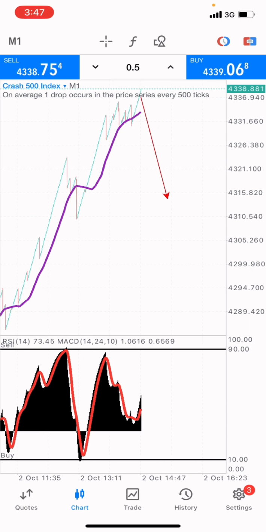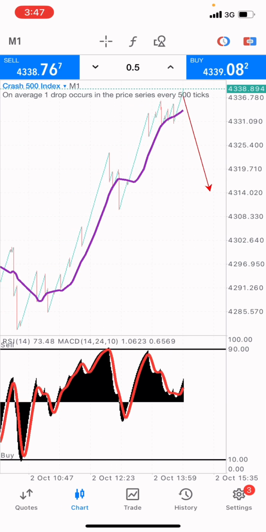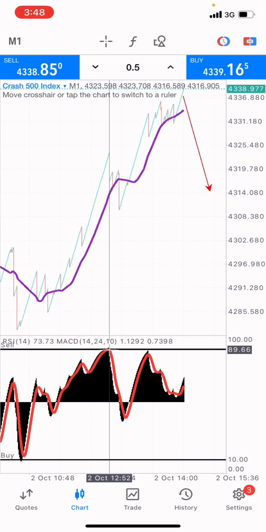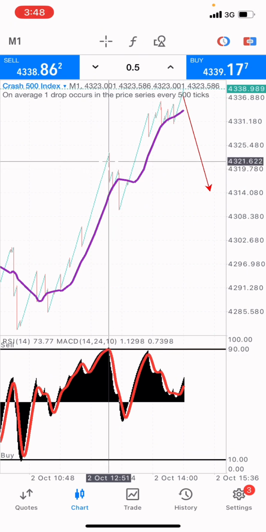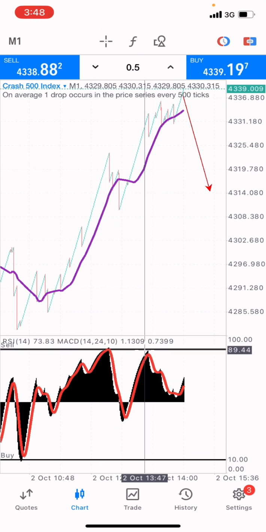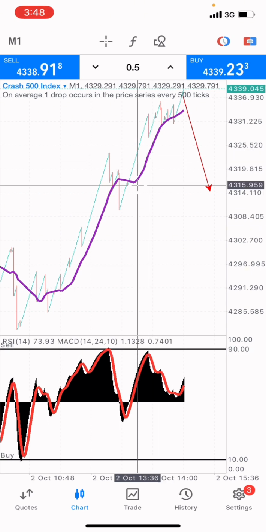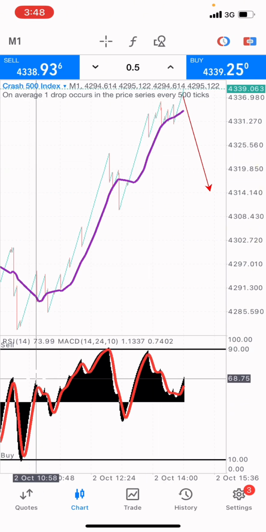All right. Now you can take a look at this point that this is the first zoom level, which I normally call level 0, right? This is the first zoom level, and you see that at this point here the market dropped in price movement. At this point here the market dropped in price movement at that very point as well, and at this point here the market also dropped.